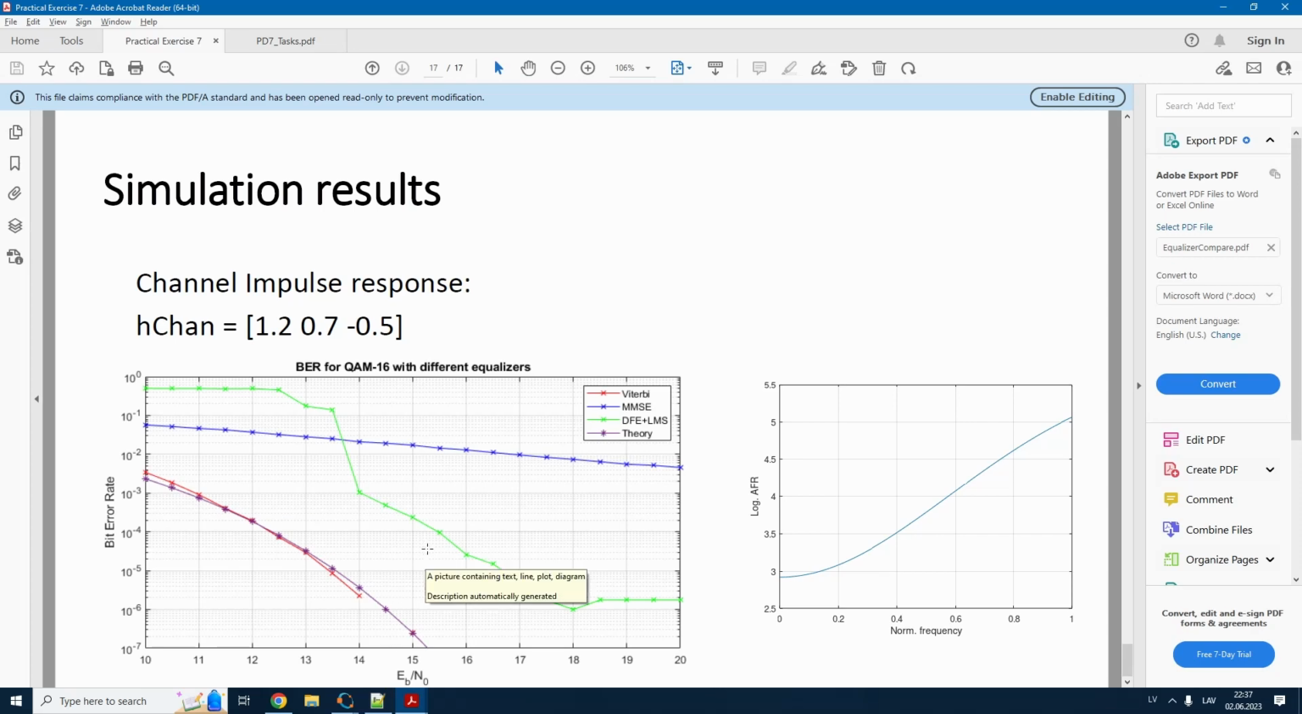So this would conclude the practical exercise number 7 and 8 as it turns out now, yes, and please stay tuned for the practical exercise 9 final on the rake receiver. It will be uploaded very